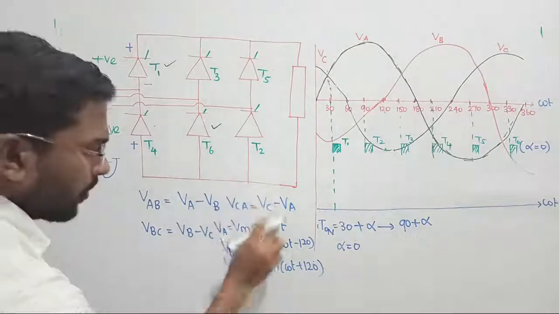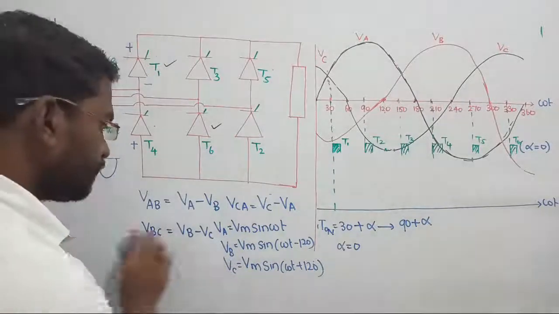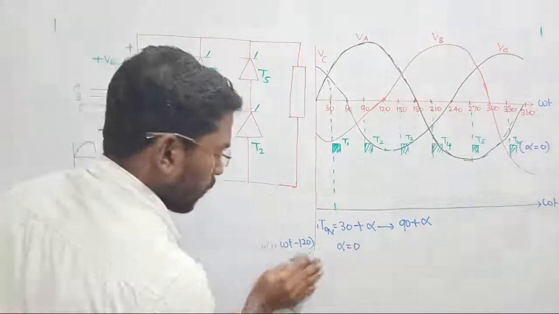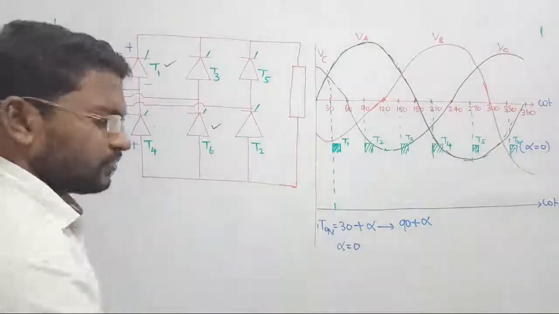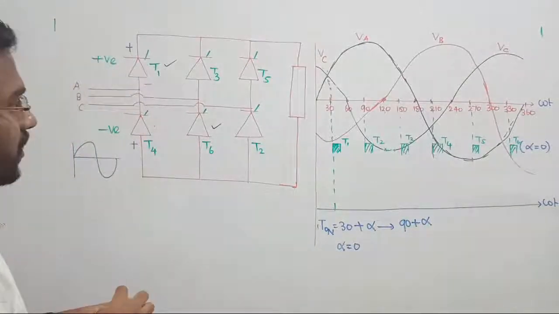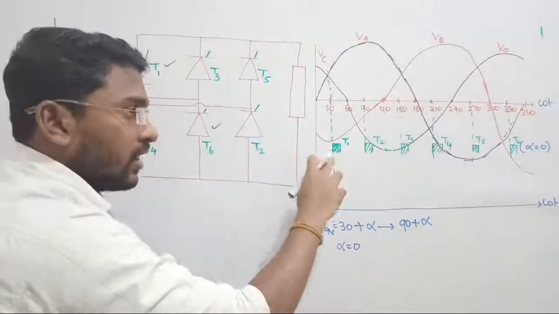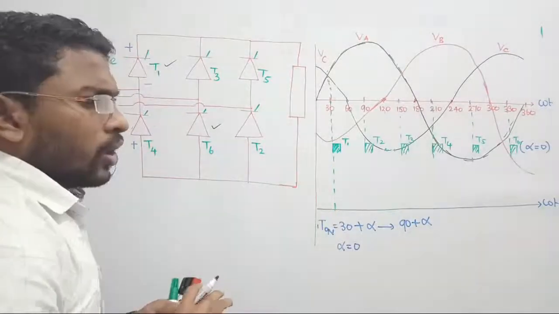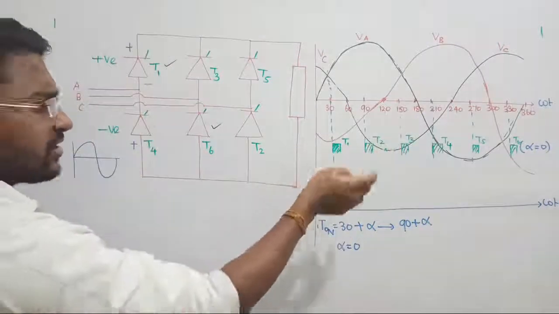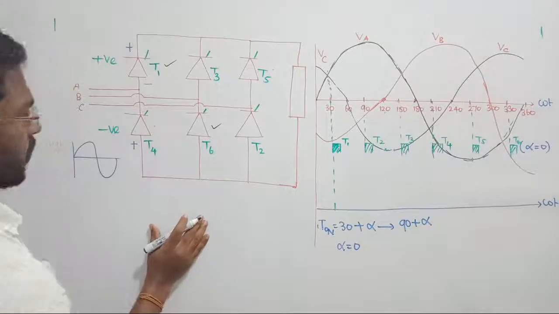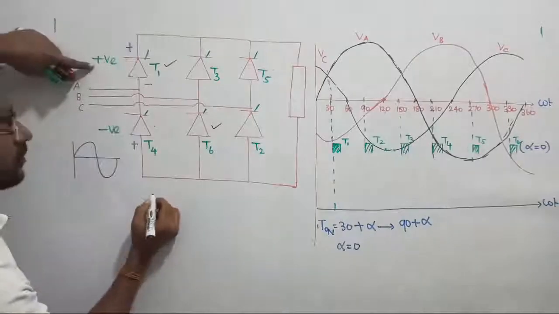Let me run these things now. Let me teach you how to get the answers. Slowly observe this. It's actually very, very easy if you keep your concentration. See the first one: what have we done? T6 is already in conduction, and now you are going to trigger T1. Two switches are always in conduction, and you will get the idea when I run 2 or 3 cycles. Observe carefully. T6 is on, let us trigger T1. T1 voltage is positive, so first